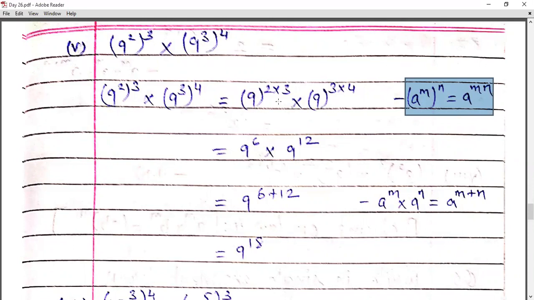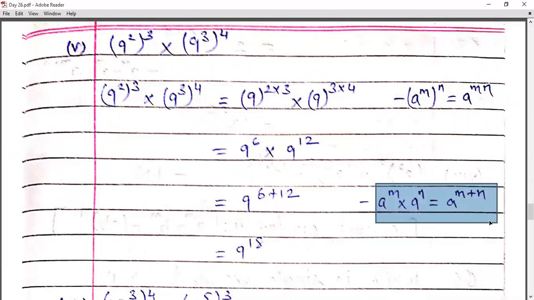Similarly 9 raised to 3 the whole raised to 4, इसमें भी पावर्स क्या हो जाएंगे? मल्टीप्लाई हो जाएंगे. मल्टीप्लाई करने पर 2 into 3 will give you 9 raised to 6. यहाँ पर 3 into 4 will give you 12, that is 9 raised to 12. Now the bases are same, numbers multiply हो रहे हैं, इसलिए हम powers को add करेंगे. The law is mentioned in the side. हाइफन लगा के आप law mention कीजिए, तो यहाँ पर powers हो जाएंगे added up.